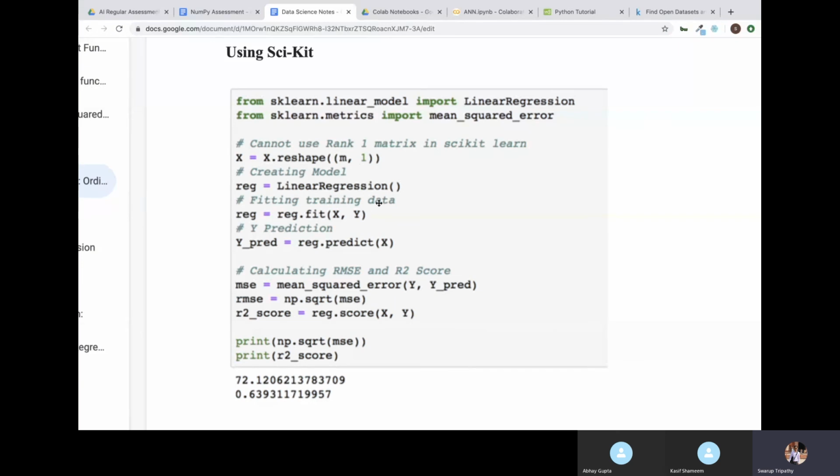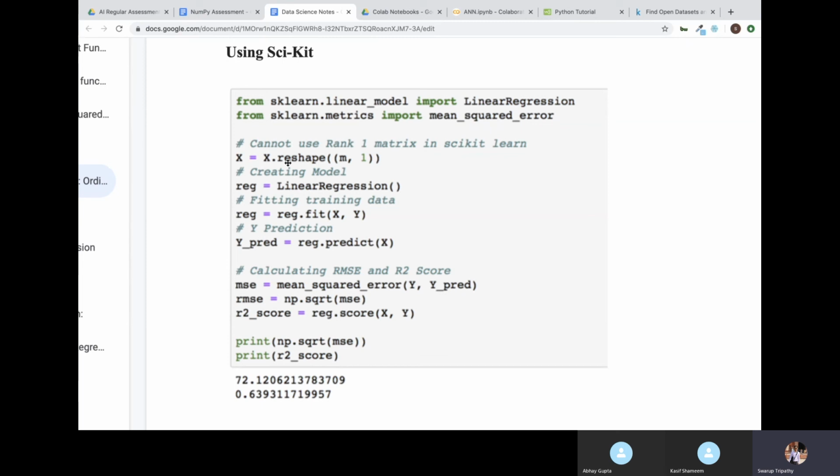So here we are reshaping our value. I'm saying x.reshape, take the total number of records comma 1, putting two brackets, so it will make it two-dimensional and change each value into one column, one record each. So it resets the value. Always, when you have such a value, you have to either transpose or reshape like this.